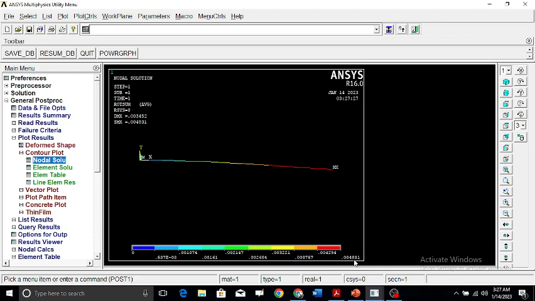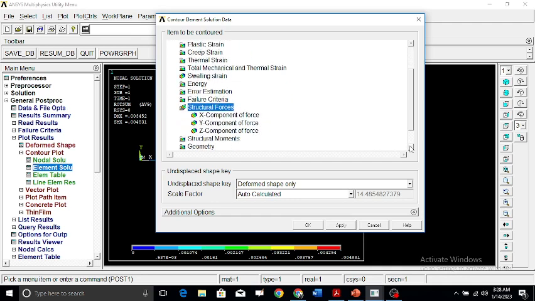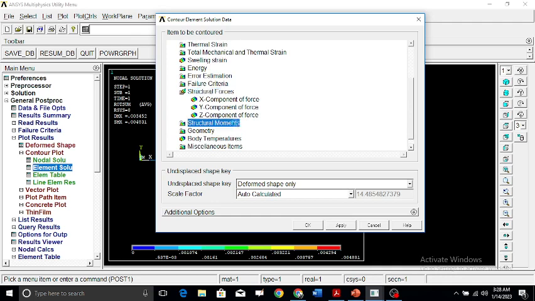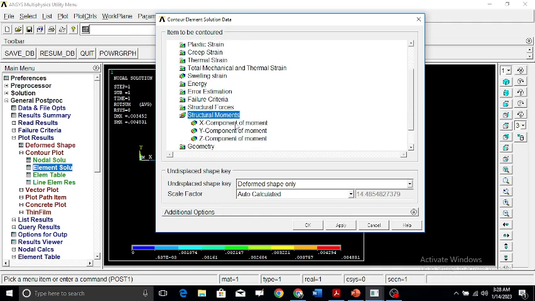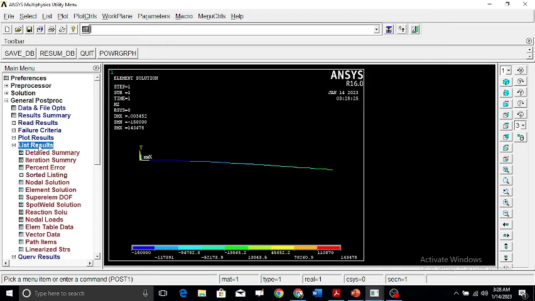Then if you want, we can also go to the elemental solutions of this, and we can basically see the structural moments over here. If you go, structural moments generated as a result of this, z component of the moment. This is the structural moments being generated of a system, and then basically we can also go to list results,